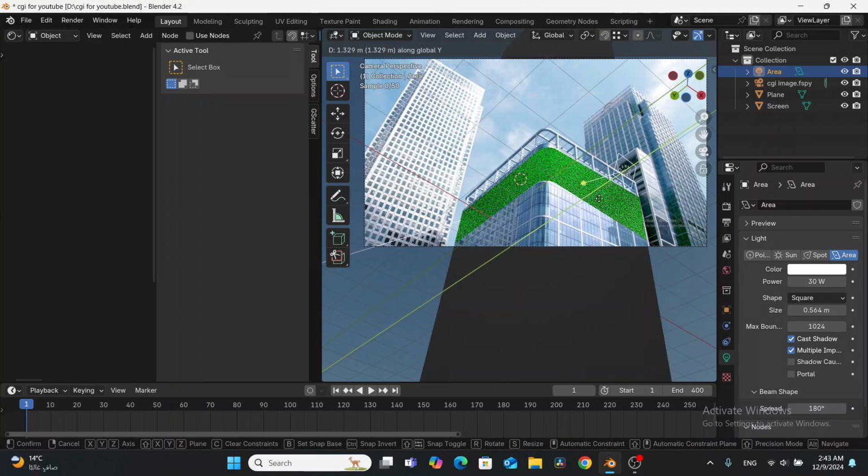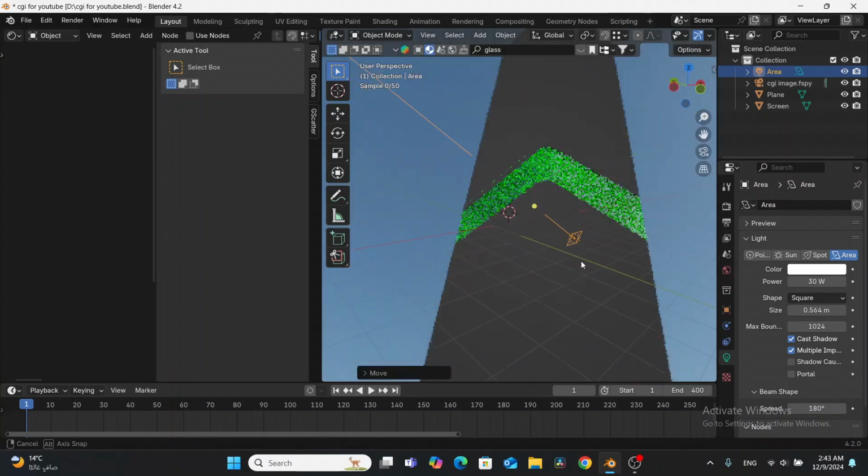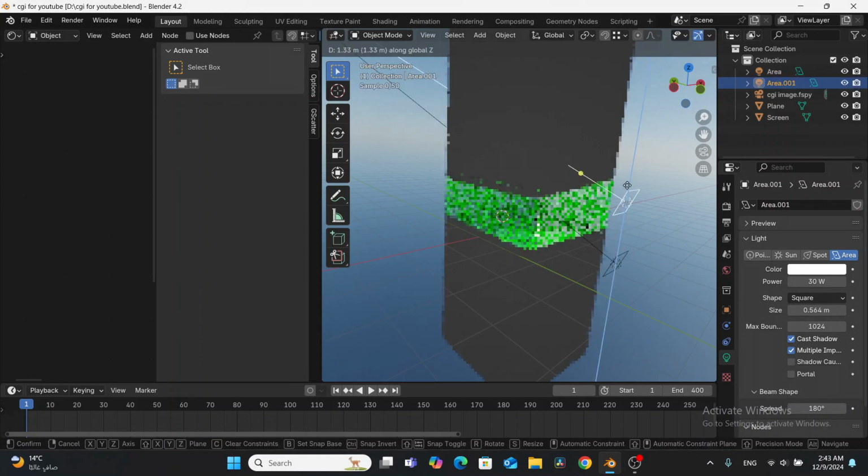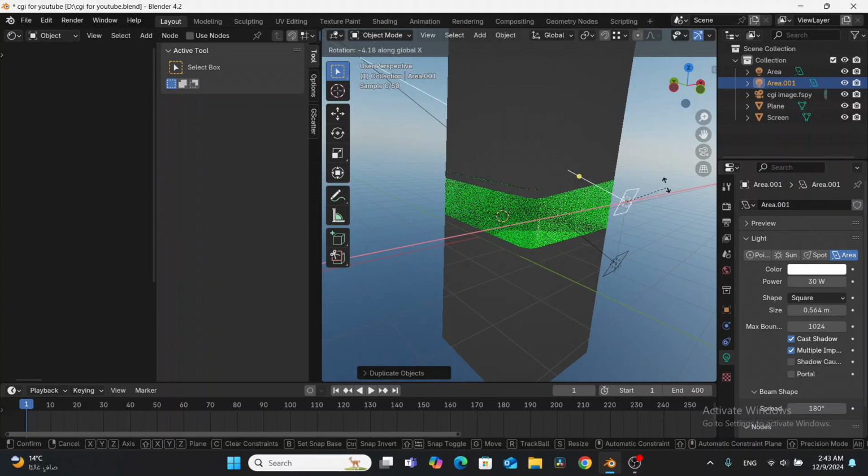It's better to move the light as close as possible to the room because I like the room to be exposed to as much light as possible, which is going to give it a nice look. Then after you've finished tweaking the light,